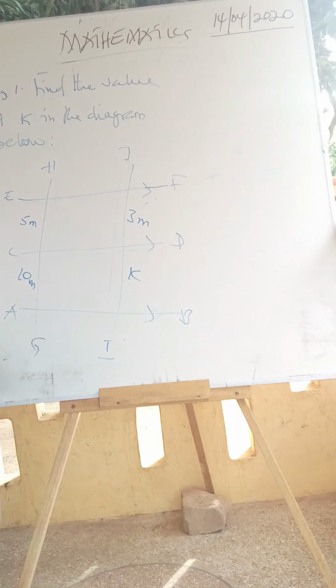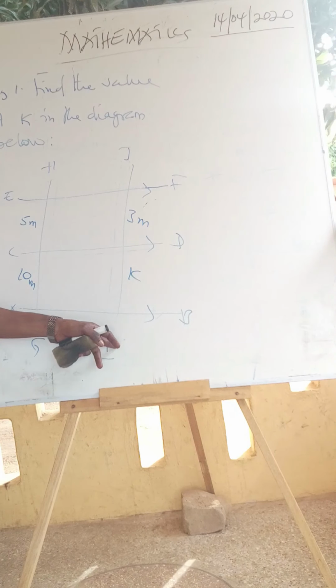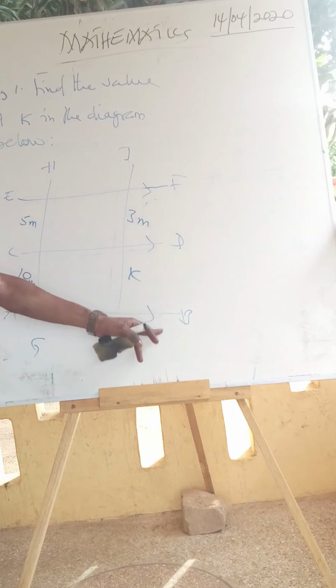So you have to find the value of what? K. Here we have line CE, or length of CE, is 5 meters. Length of AC is 10 meters. Length of BD, that's K. Length of DF, that's 3 meters. So to solve this,